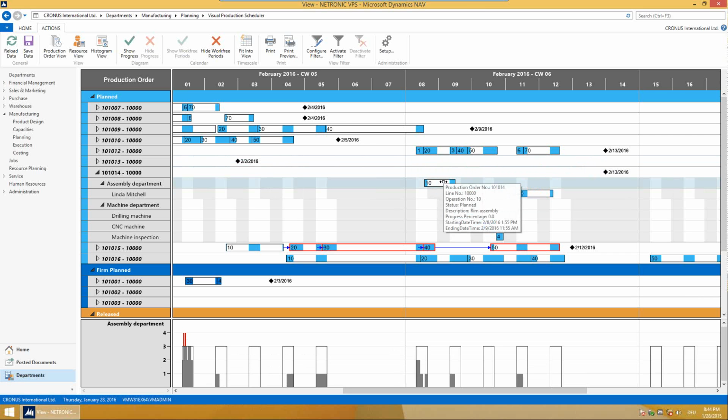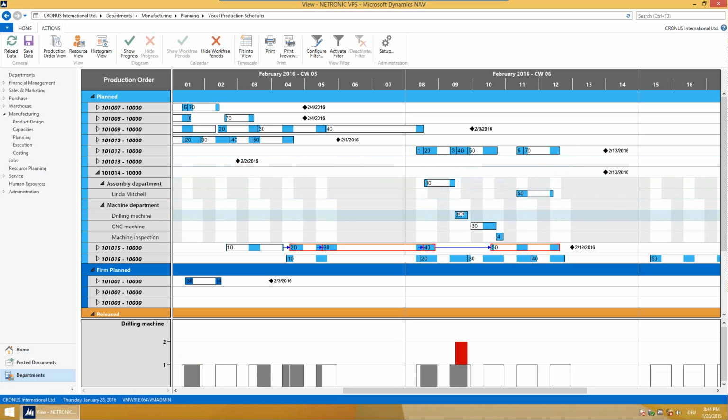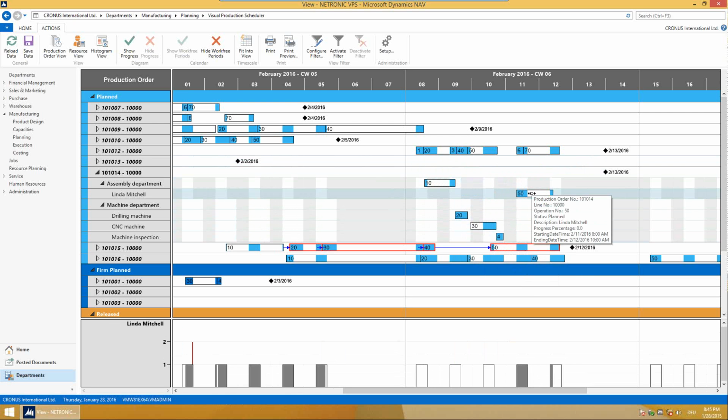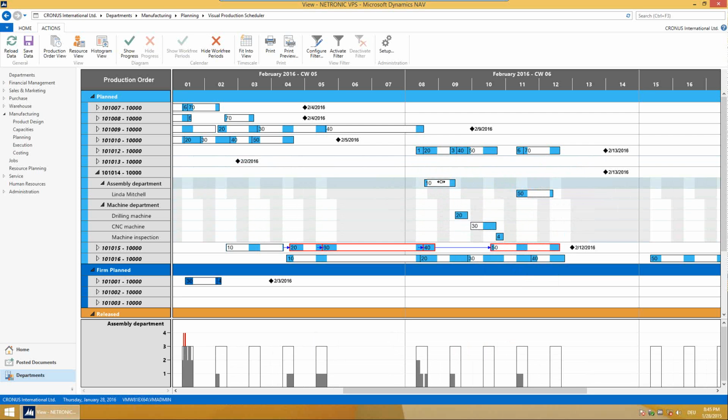And so what we can do from here very quickly, we can hover with the mouse over the operations and look at the histogram at the bottom of the screen and see if at the previous days we have some free capacity at these work and machine centers. And if we think that this is the case, we would be able to move this to the left. But what we don't see from here is actually if we would have enough material on stock to start working on this production order earlier. So